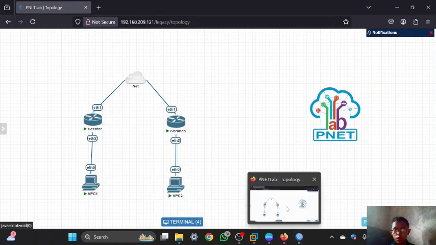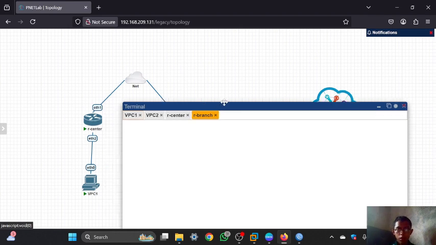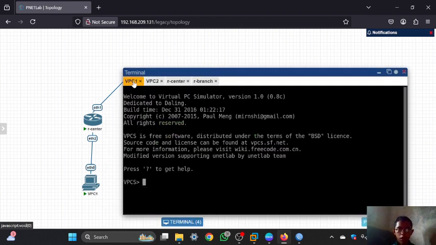And now you can try to ping from the VPC1 to VPC2. You can open the terminal in here, and I will set the IP for the VPC1, and it must have the same network IP as the VPC2. And I will set the IP using IP address version 3.